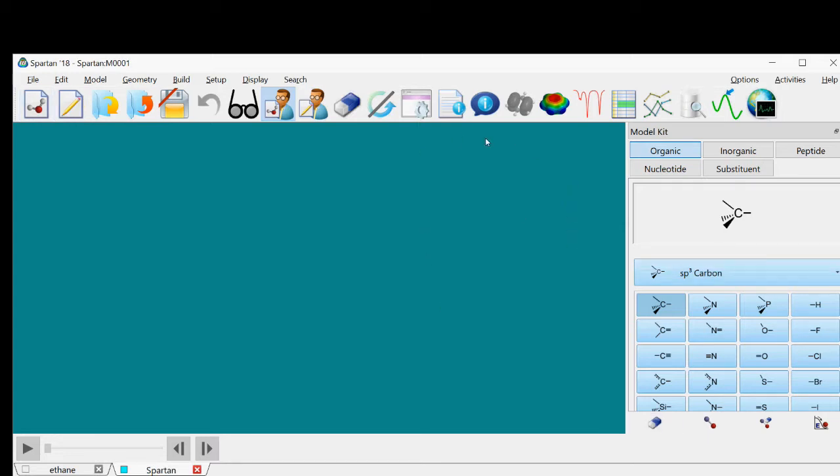The model kit contains different atoms: carbon, sp3 carbon, sp2 carbon, sp carbon, and many other models are available. The selected model will be displayed in the mini screen on the right side. So that is the active one.